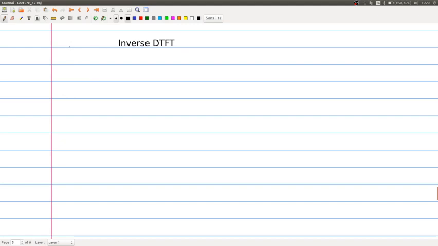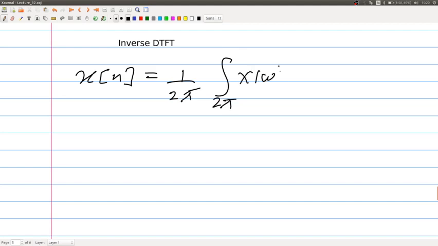That's straightforward. So basically x of n is 1 by 2 pi integral over 2 pi of x of omega e to the power plus j omega n d omega. Here n is an integer,